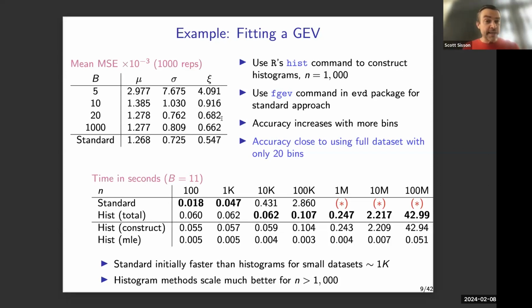Okay, but what do we get? What are we gaining? The bottom table is about the time speed up. We have different size data sets across the top. The top line here is the size of the data set, so n is 100 up to 100 million. The top row is what we get if we use a package for extreme value distribution fitting, the fit GEV distribution command, to fit the model. And the numbers there represent the times it's taken to fit these models.